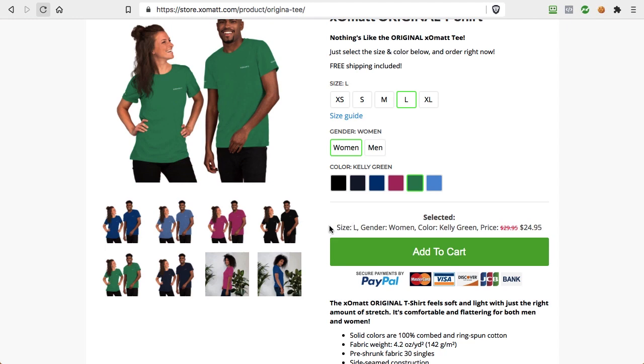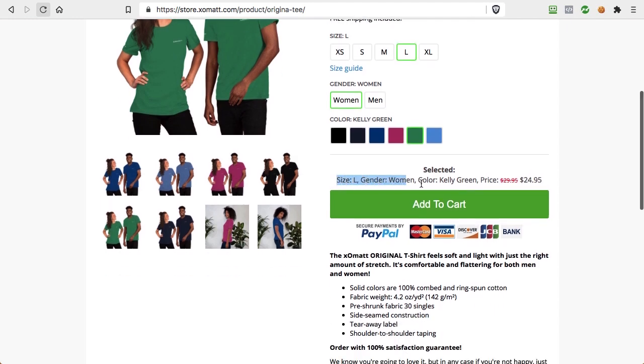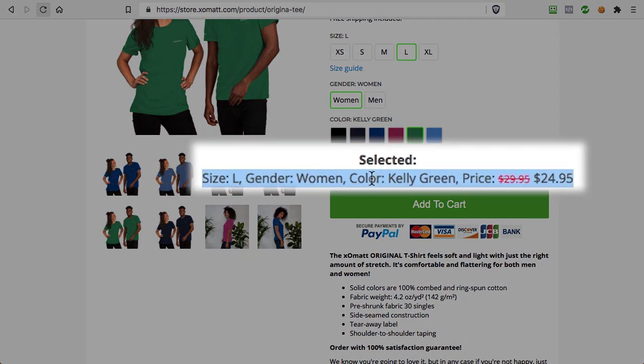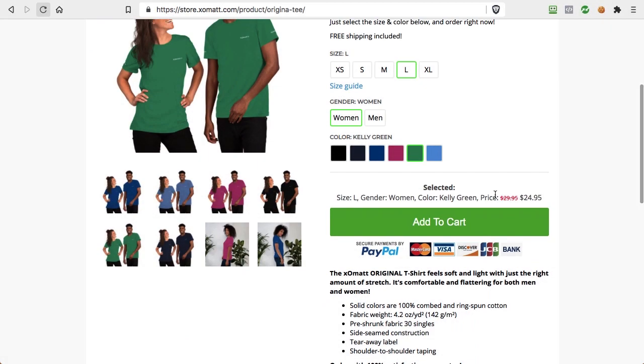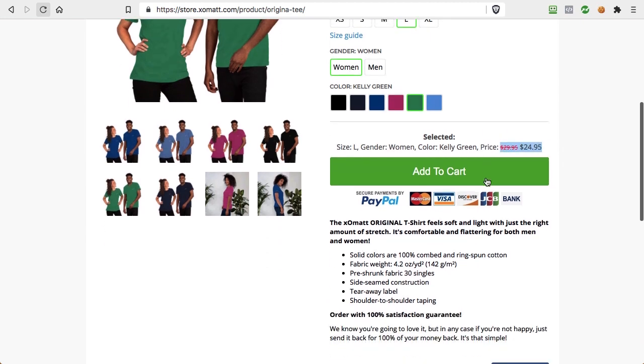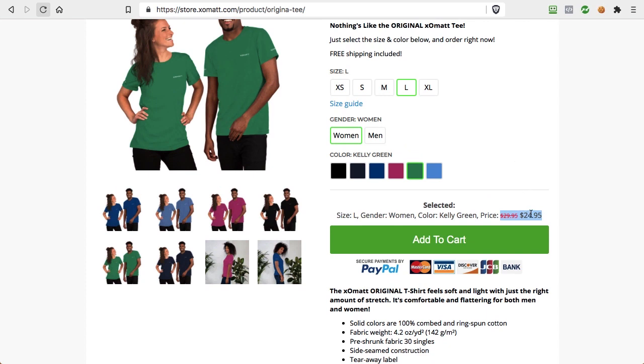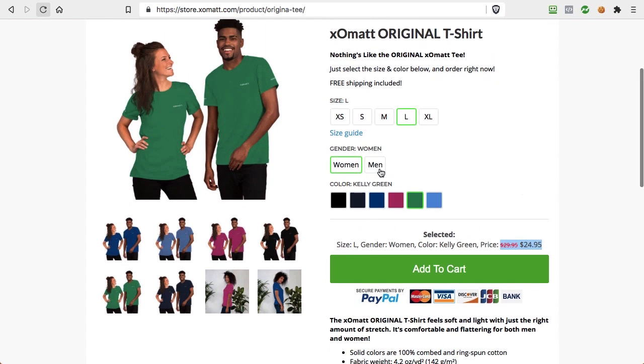And as you can see here, before the add to cart button, obviously we have an option where you can see clearly what are the options that have been selected, right? So we have the size, the gender, the color, and the price. And again, as we talked about before, the price comparison is shown everywhere because this is reinforcing why people need to act right now, why they need to purchase immediately, and that's very, very important. So that's how you link it together.